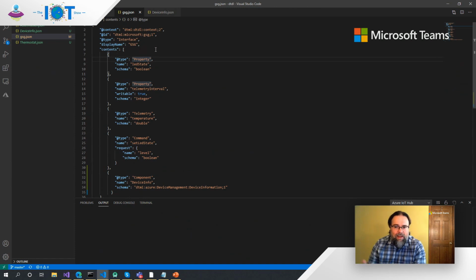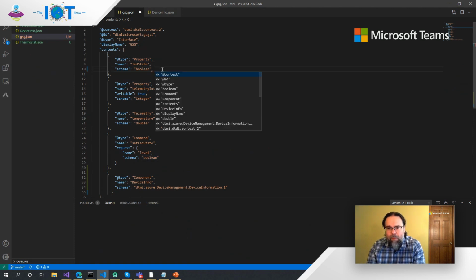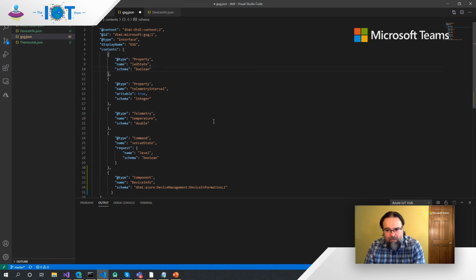We have IntelliSense support for both of these. So as I type these models, I actually get pretty rich support here to help me stay in the syntax and write a proper DTDL